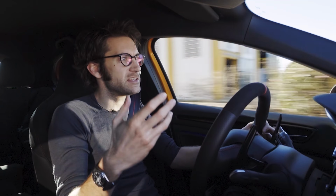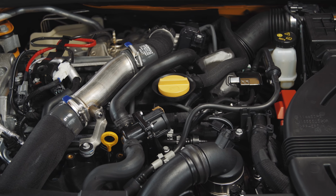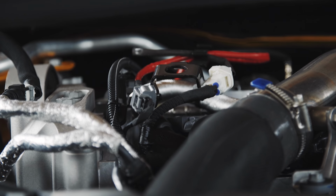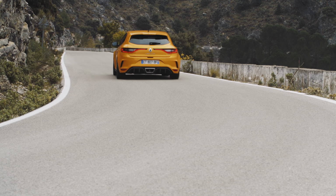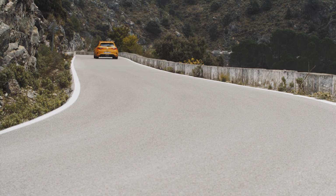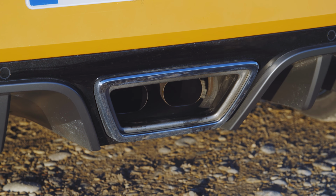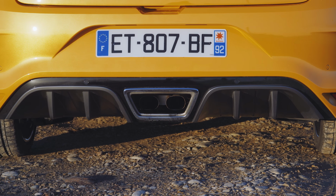The engine is fairly standard sort of hot hatch fare, I suppose. 1.8 litres, 276 brake horsepower, 288 pounds-foot of torque. 0 to 60 miles an hour though is actually a very impressive 5.8 seconds. The engine sounds really good too. You've got the pops and crackles that are obligatory these days, but they don't feel overdone, don't feel too gratuitous,